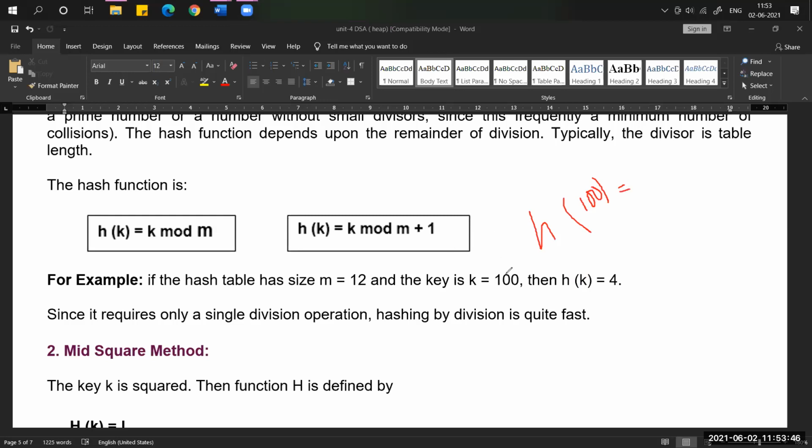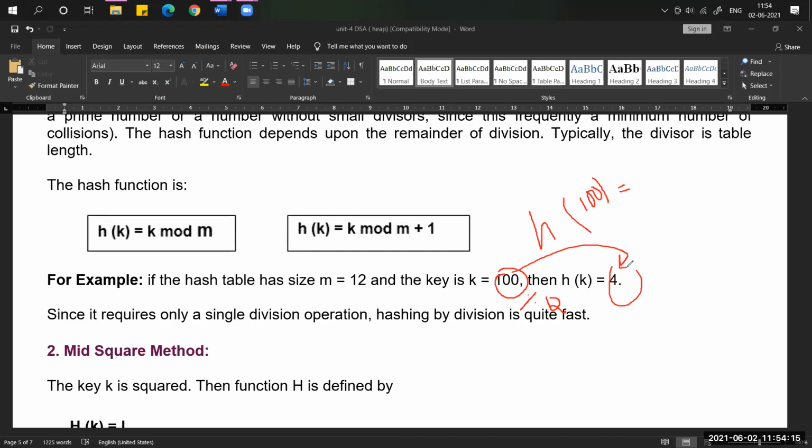K means 100, m means 12. 100 modulus 12, what is the output we will get? 4 is the output. So at the fourth location, or fourth index, we need to store 100.